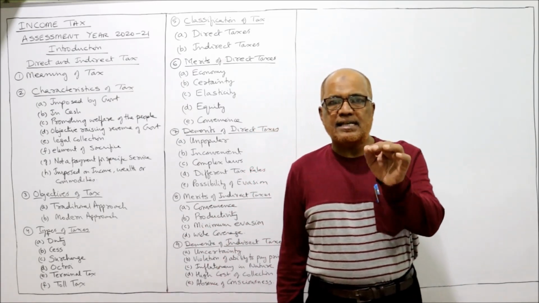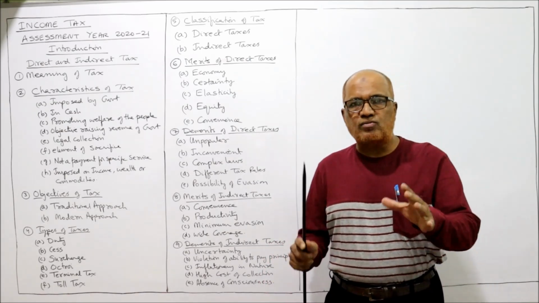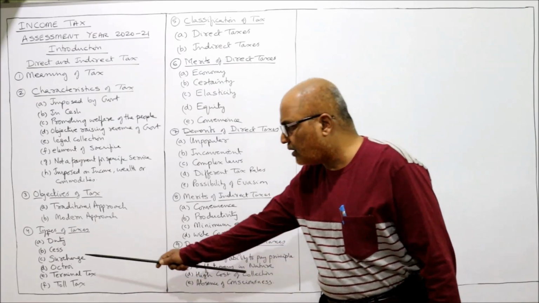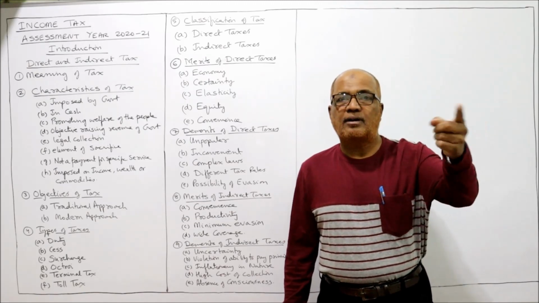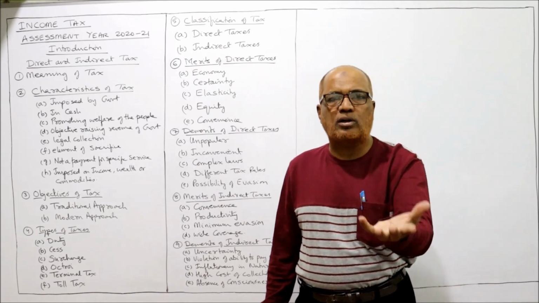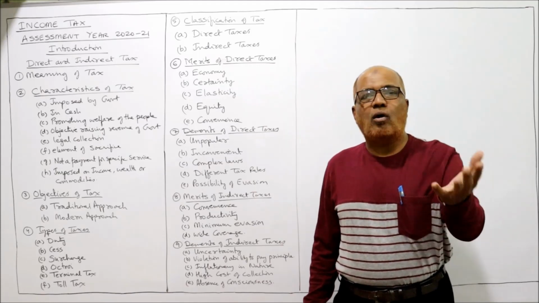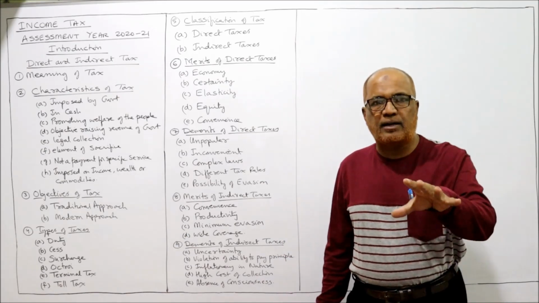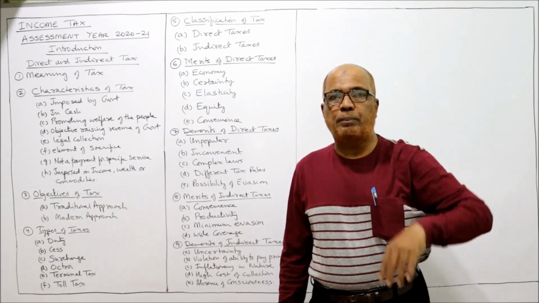Secondly, cess. Cess is a special type of tax for a specific purpose. The tax which is imposed for a specific purpose, like education cess, health cess, etc. Next, surcharge. Surcharge is a tax on tax. When the government is in need of a huge fund on a temporary short-term basis, the government will impose tax on tax. But this surcharge will be imposed not on everyone, only on high income group people.